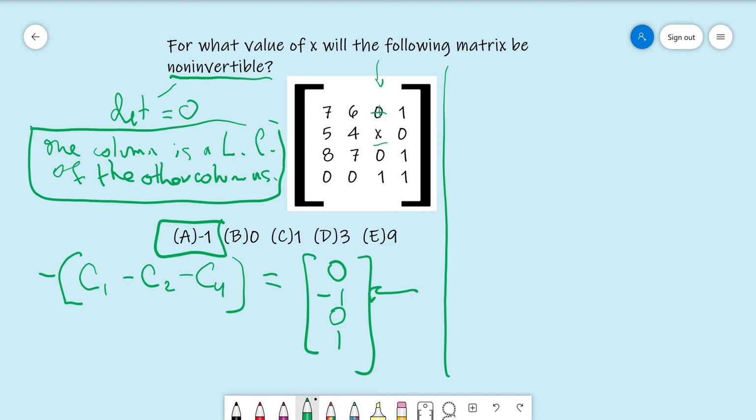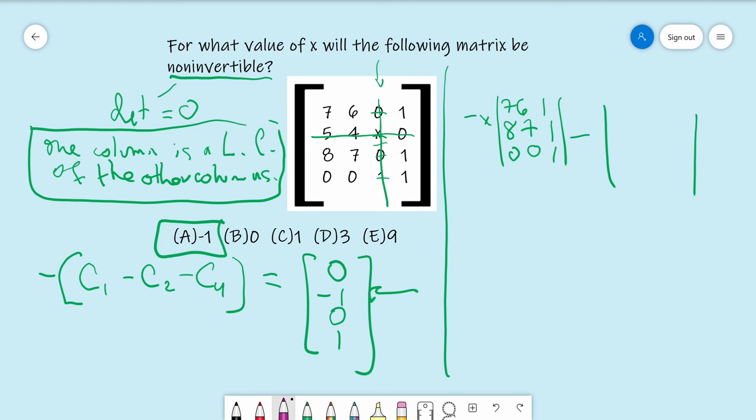Remember, you write plus, minus, and then 0 times anything is 0, so that doesn't matter. So you get minus x times the determinant of, you have to cross out x's row and x's column, and then expand on the matrix that's left over. So we get 7, 6, 1, 8, 7, 1, 0, 0, 1. And the next 0 doesn't contribute, and then you get a minus 1 times the determinant of,